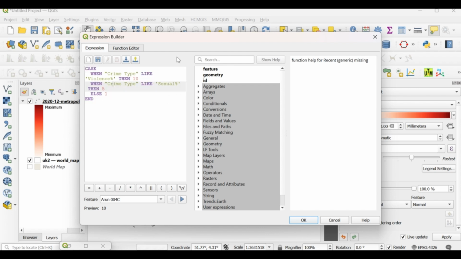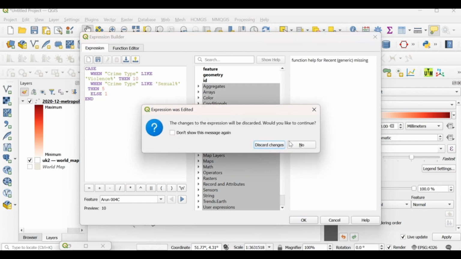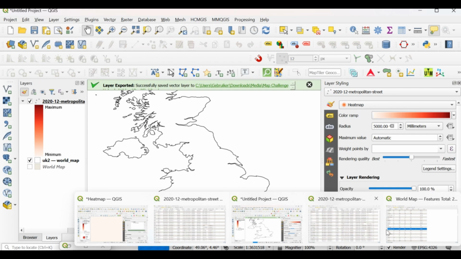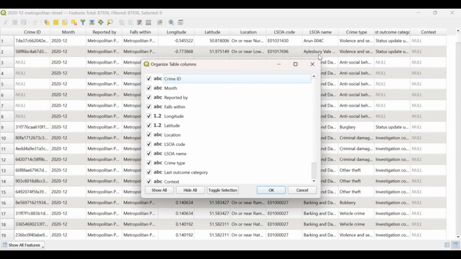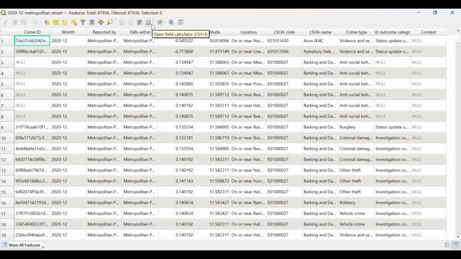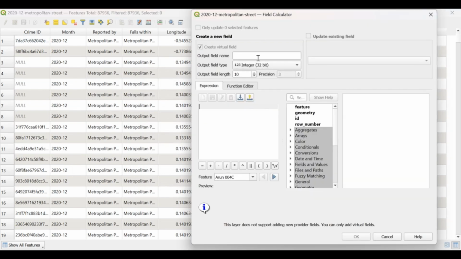What I will do is that we want to create a new field out of this, so I think it's good to do it this way. Yes, we will call this density, and then we'll paste our syntax here, and the preview means that everything is okay.